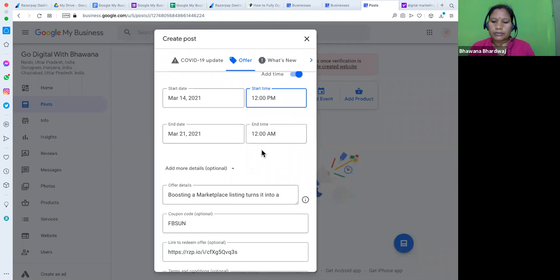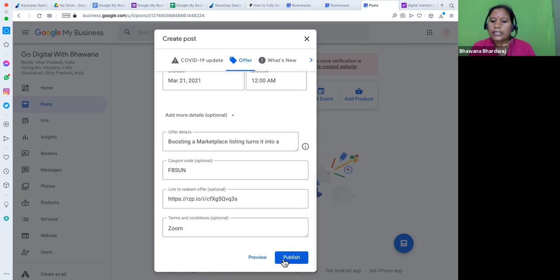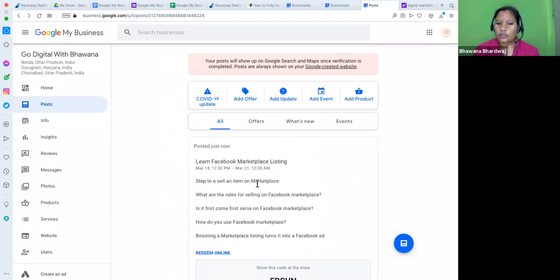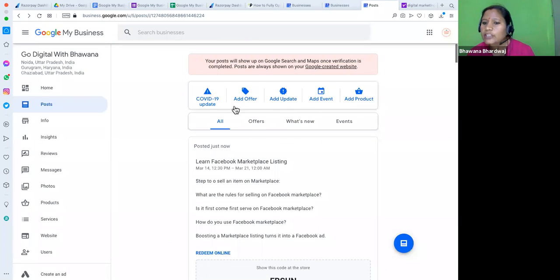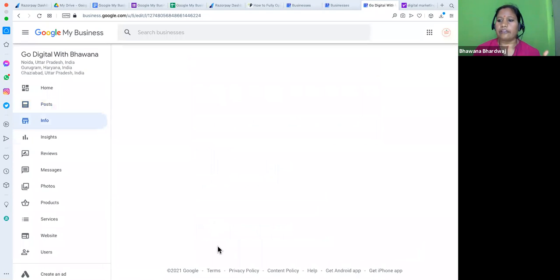So you can write something. All right. And then you can click on publish. So is it easy to manage your listing? So here we have listed one offer. It's one offer. Now in the same way, you can manage all these things, right? Next thing, go and revise this entire information.